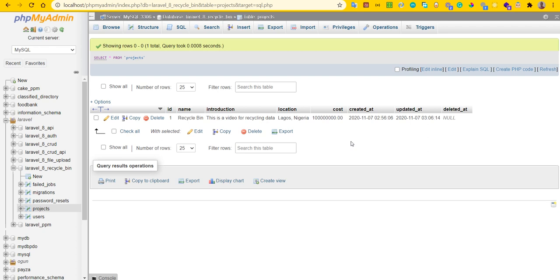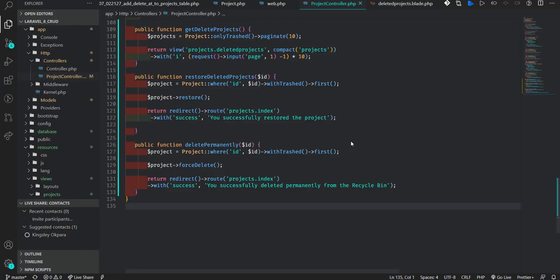Now that is it. So from here we should be able to understand the concept of delete. We actually treated so many things here. Soft delete, we also did force delete, we also talked about restore. You can actually restore a deleted project. We talked about how you can do that. We also saw how we can delete a project from the DB permanently. So that is where we are going to wrap up our project.